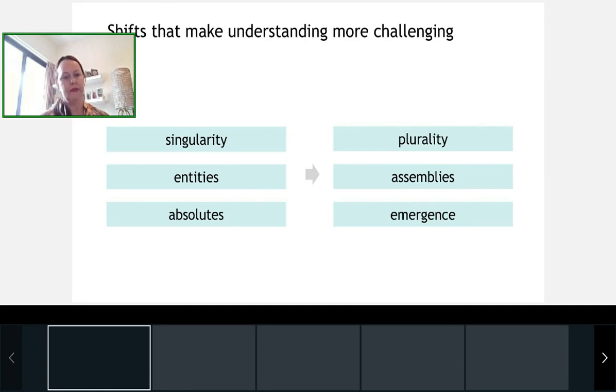So I think about it like this: once upon a time, we used to think about launching a product and making that product successful in its own right, so a singularity, if you like. But now we think about how an ecosystem can be of benefit, or how an ecosystem can meet the needs of the people that we serve. We used to think about individual entities, but we now see that there are assemblies of things, groups of things, the ecosystems once again.